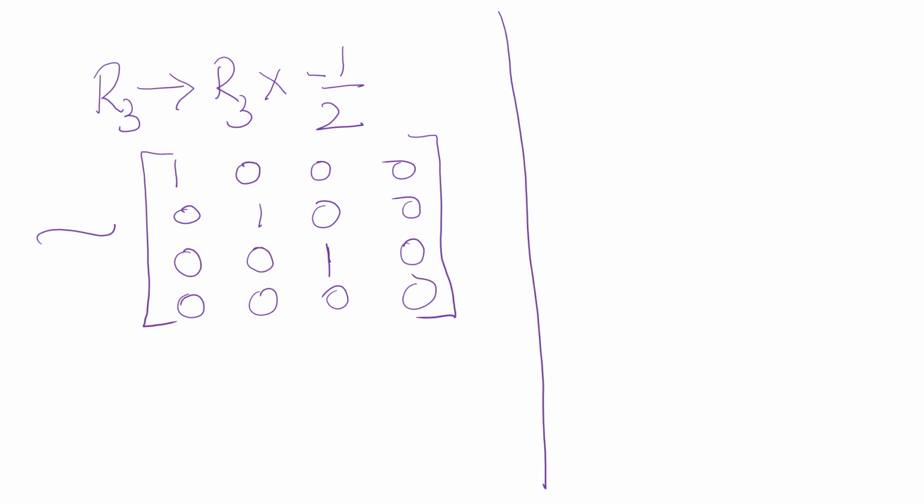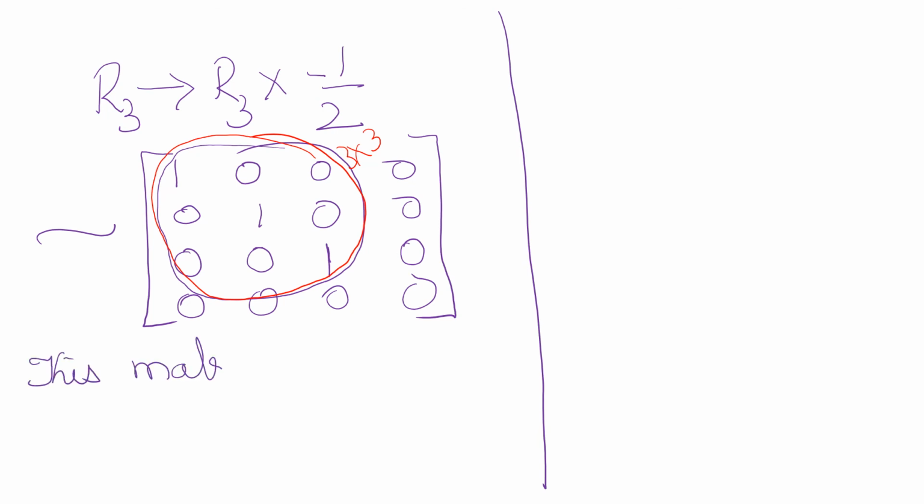So what is this form? Is it in the normal form? Yes, of course it is in the normal form, because you can see that there is a matrix, this matrix. If you just think this matrix, you can see that this matrix is a unit matrix of order 3 by 3. Therefore, this is in the normal form. This matrix is in the normal form, in one of the normal forms